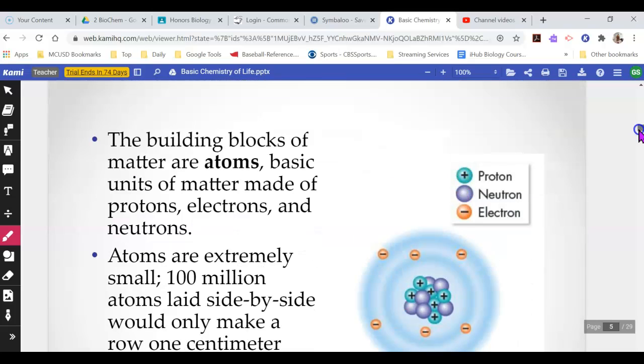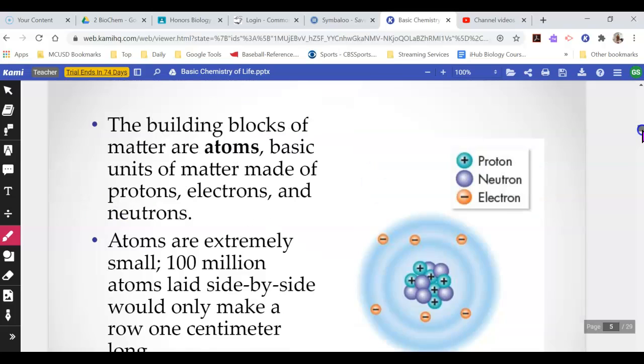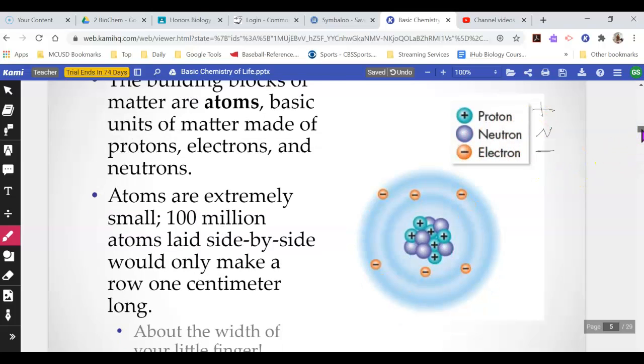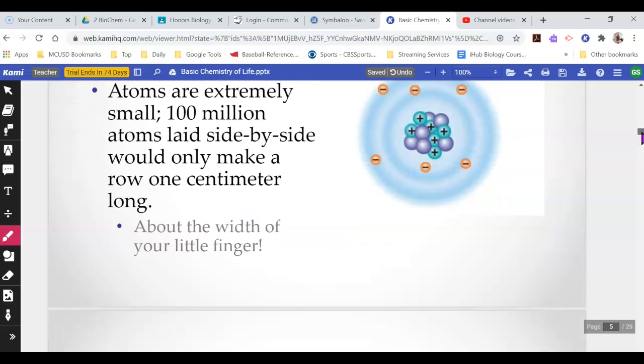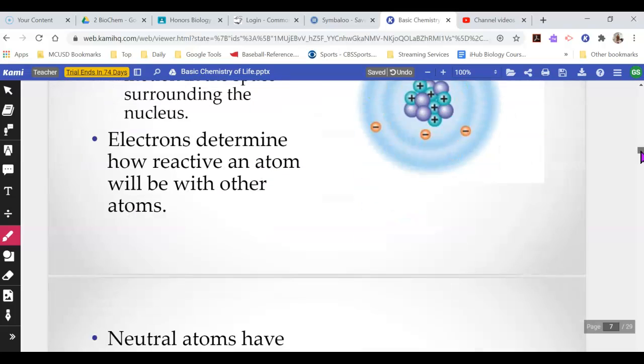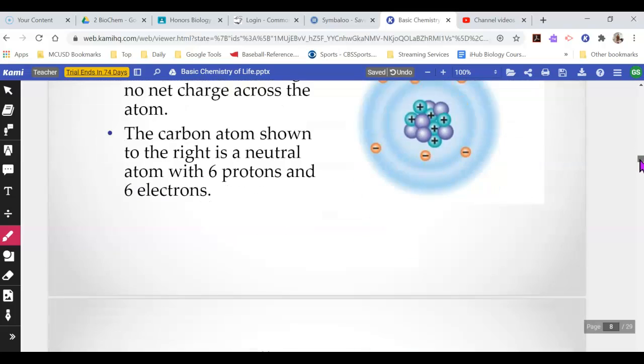And then we're going to get to the building blocks of matter, which are atoms, and going through the three main parts, which are your protons, your neutrons, and then your electrons. And each one of those, the neutrons carry no charge, and the protons and electrons carry their own specific charges. So again, going through, filling out your notes here,